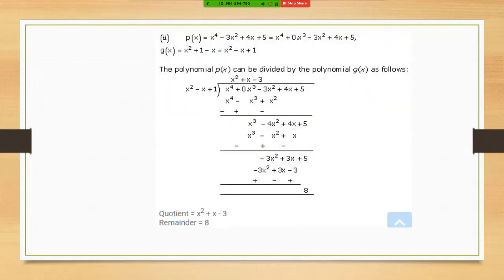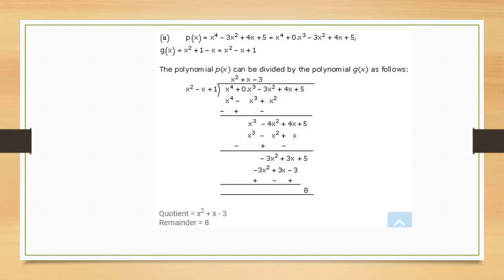Done? Ma'am, what is the next question? Wait one minute, child. Next one is question number 2, the third part. Till then, others finish off this. All those who finish this can go to question number 2, the third part. Anybody facing any issues with the division, children? Since it is done in 9, I assume that you know it well. If not, again, go back to your 9th book, please.